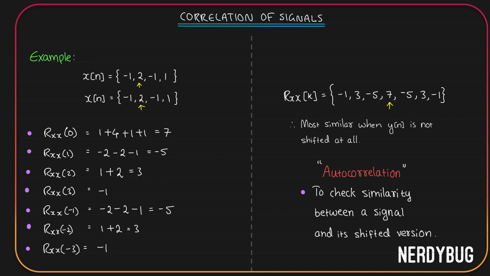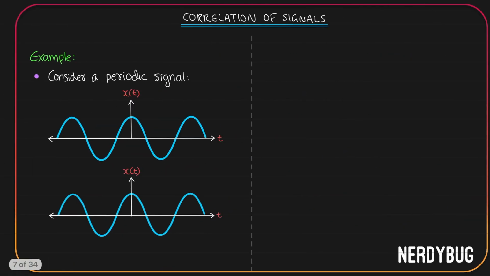To give you an application of autocorrelation, let us take another example. In this example, we'll take a continuous time signal. I have taken a cos function. Obviously, if I take autocorrelation right now, when the second function is not shifted at all, I will get the maximum value. If I shift it a little bit towards right or left, obviously the autocorrelation value is going to be lesser.